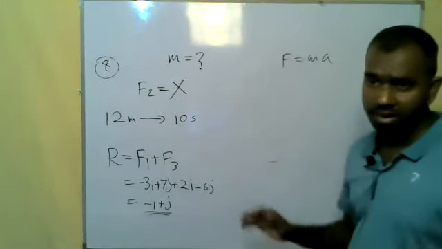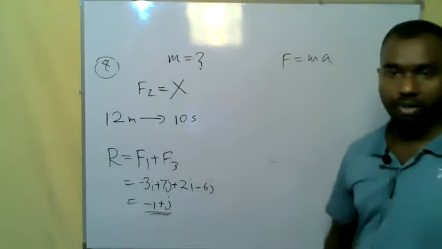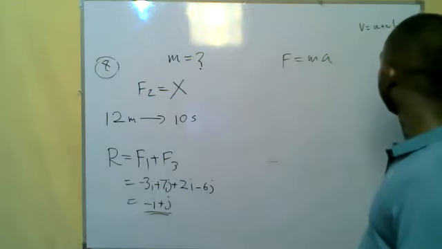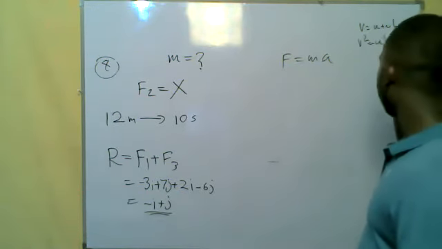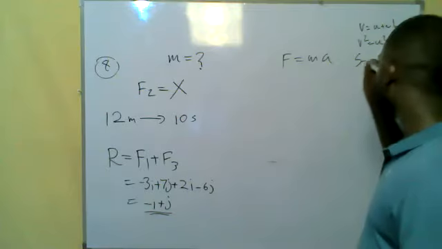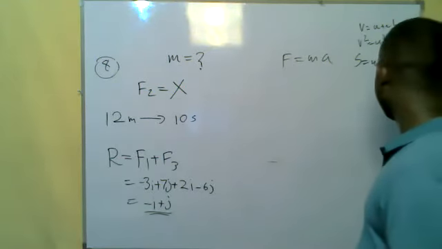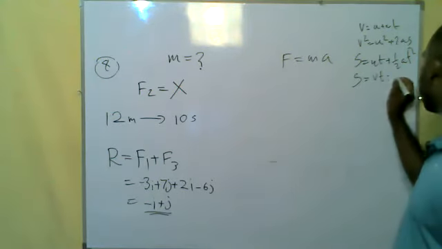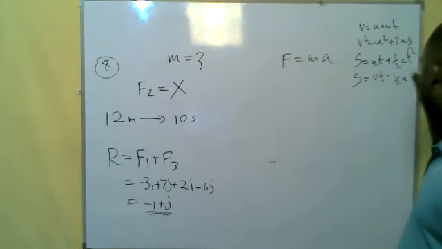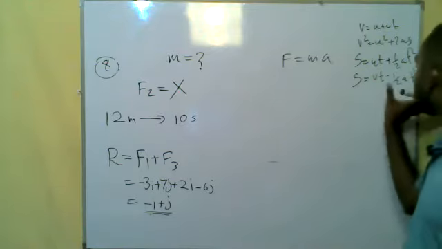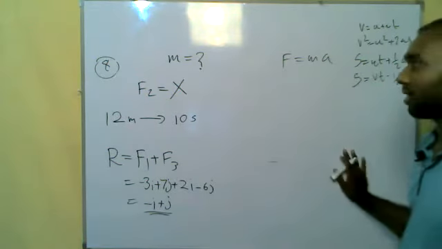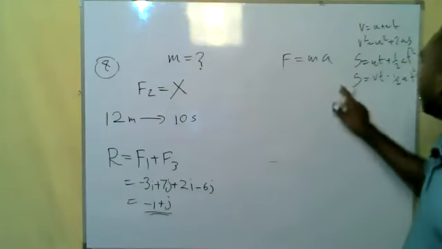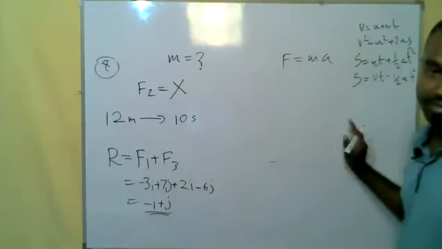Now we can combine motion equations also with these vectors. What are the motion equations we know? V equals u plus at. V squared equals u squared plus 2as. S equals ut plus half at squared, or there is a similar one: S equals vt minus half at squared. Why am I writing this again and again? These equations should be in your mind. You can't, after 2-3 months, go back to the pages and find these equations. These equations should be in your mind.